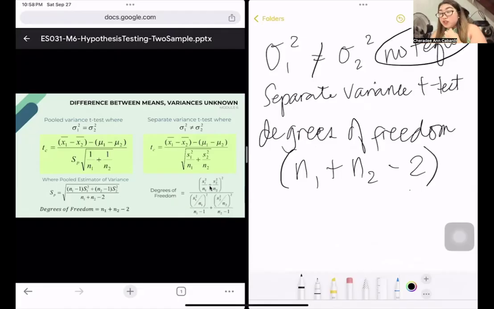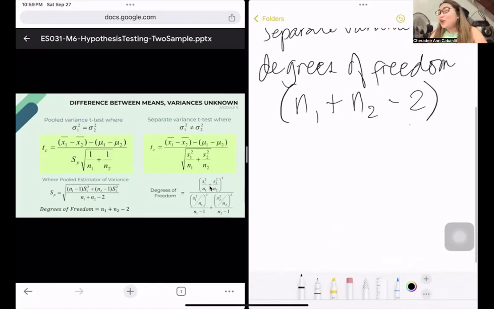So, in the denominators, it's actually similar to your Z, no? So, it's the sample variance of the first sample over your sample size of the first sample, plus the variance of your second sample over the sample size of your second sample, squared. So, it's similar to Z. But the only difference is the computation of the degrees of freedom for you to look into the t-table. Okay, guys? Can you still follow?